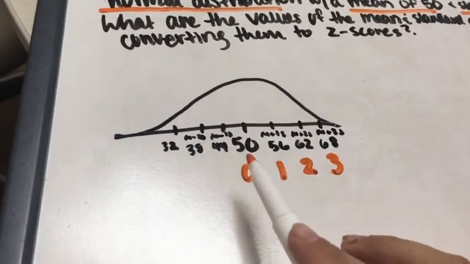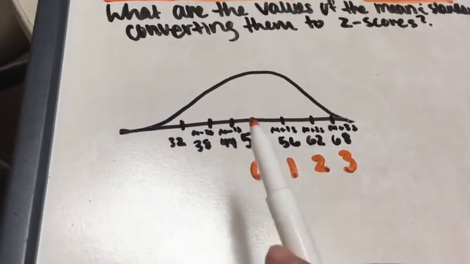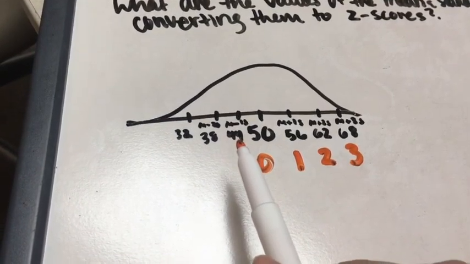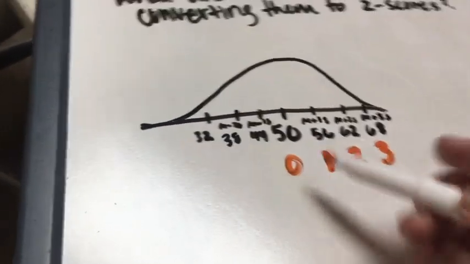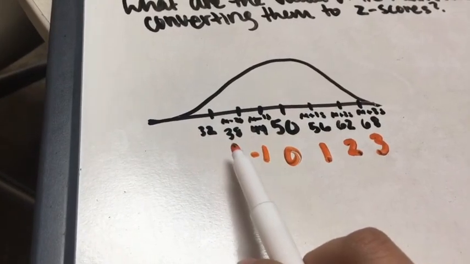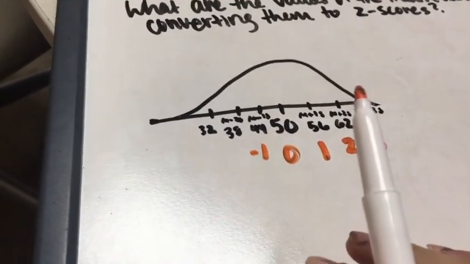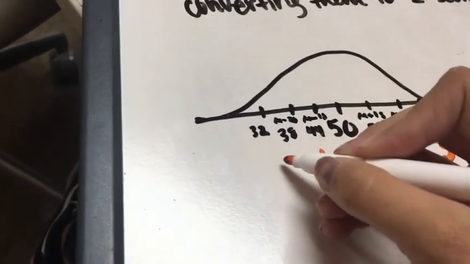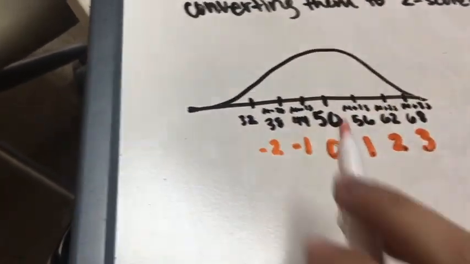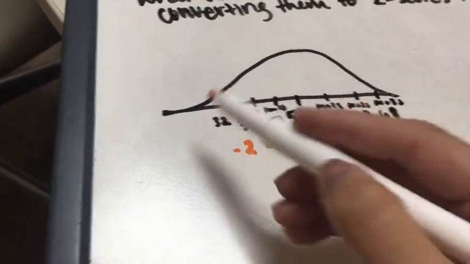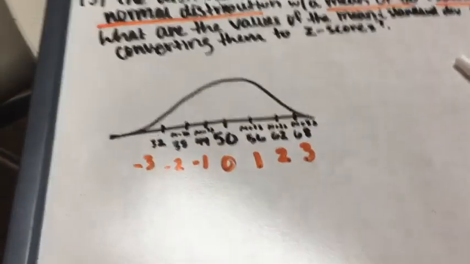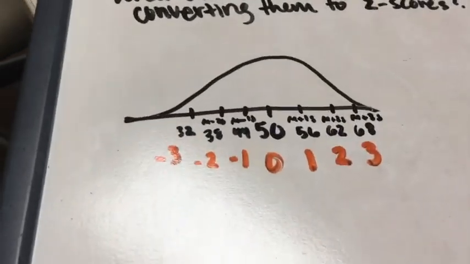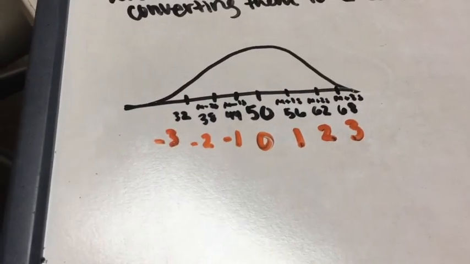So these are the positive z-scores, and for the negatives, 44 is 1 standard deviation below the mean, so it would be negative 1. And then 38 is 2 standard deviations below the mean, so since it's below, it's negative 2. And then 32, that's 3 standard deviations below, so that would be negative 3. So if you standardize it, your mean is automatically 0,